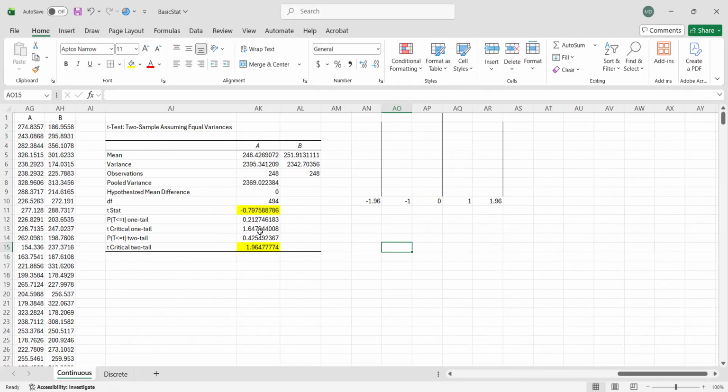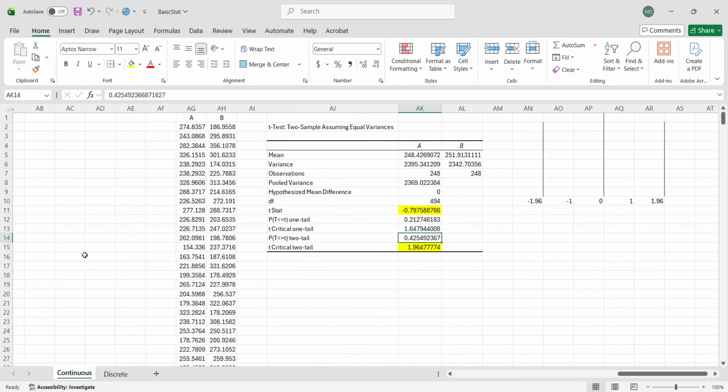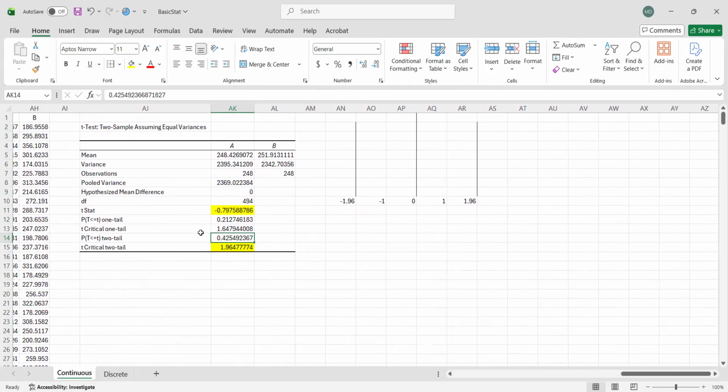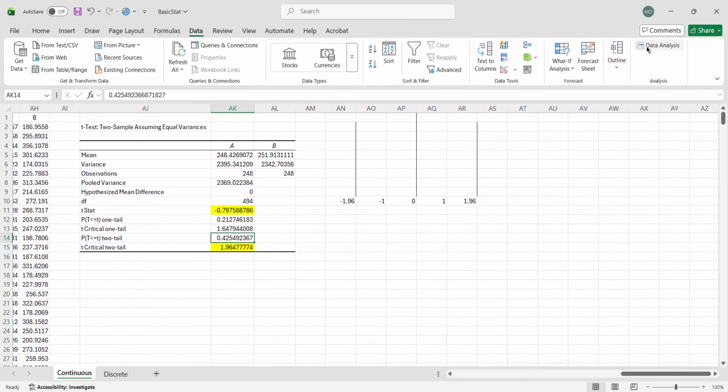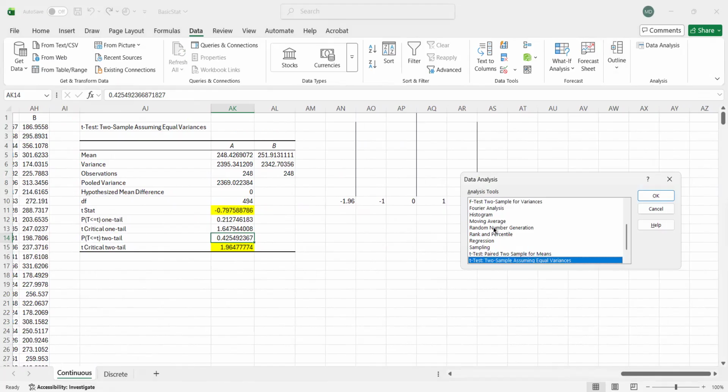And to further prove that, we check the p-value. The p-value is 0.42. Remember we had the alpha earlier. Our alpha is 0.05.